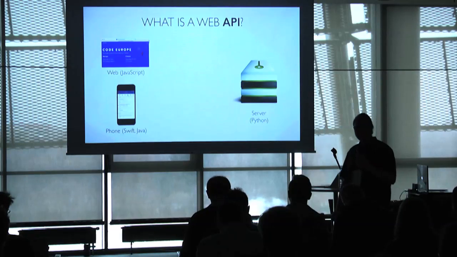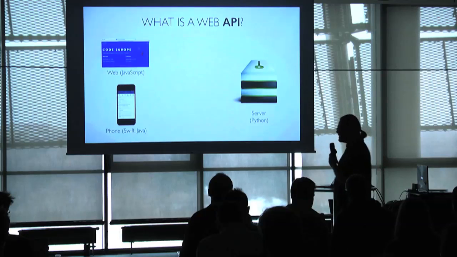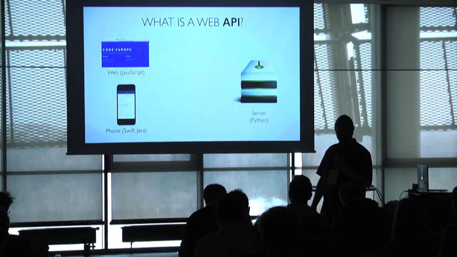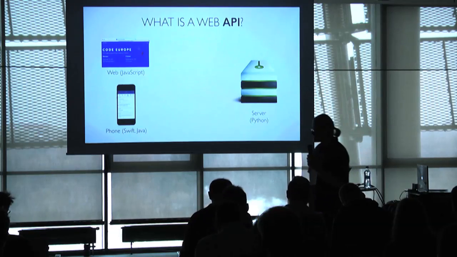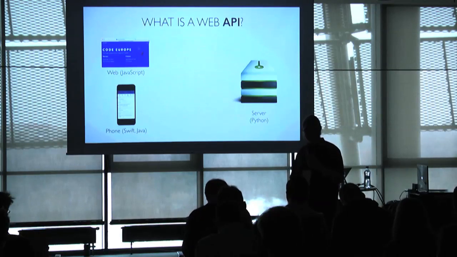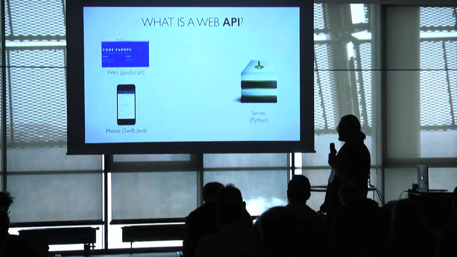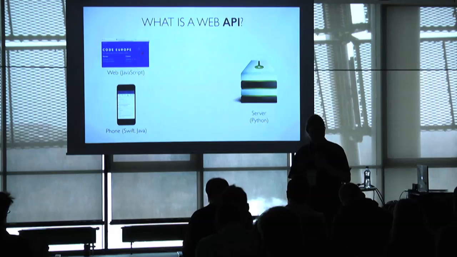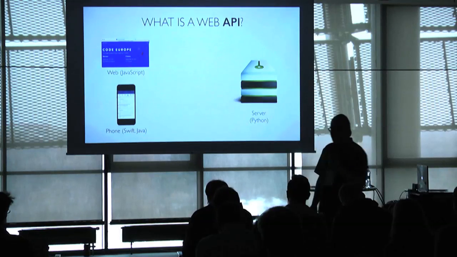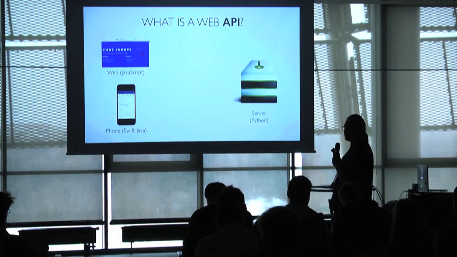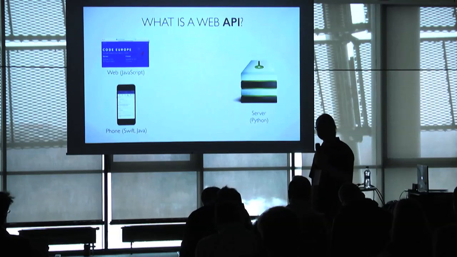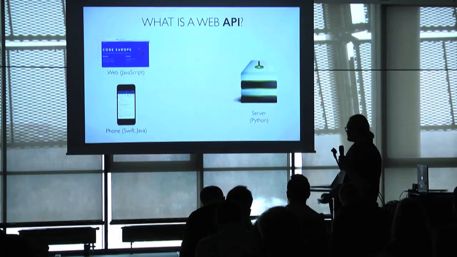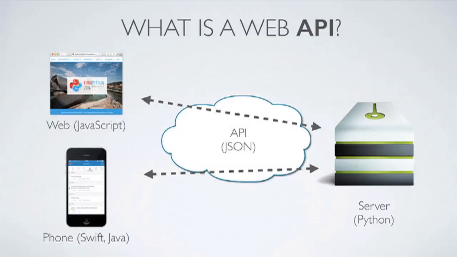Since most of you raised your hand when I asked about REST APIs, I'm going to make the introduction short, but just to start somewhere. What are APIs? APIs are the way your front-end applications talk to your back-end applications. So in our case, the front-end application could be anything. You'll probably have a web application running in the browser. You may have a mobile application. And you'll have the source of truth for your application, your server. And in our case, that would be a server written in Python. And those things will talk to each other over the API.